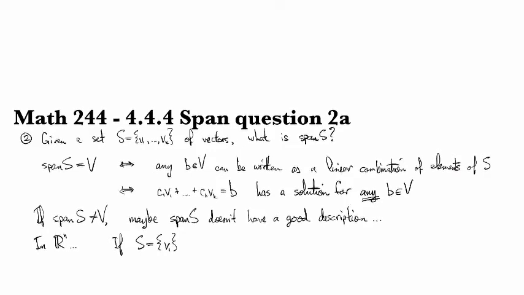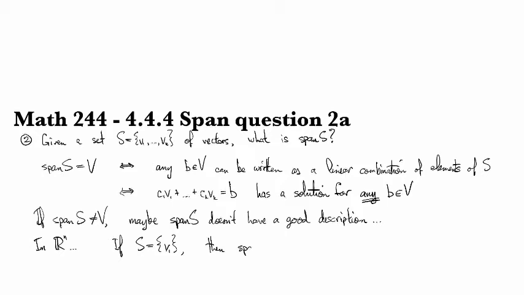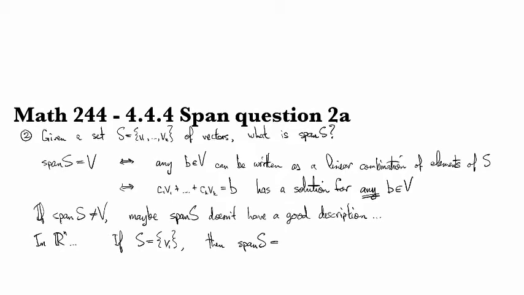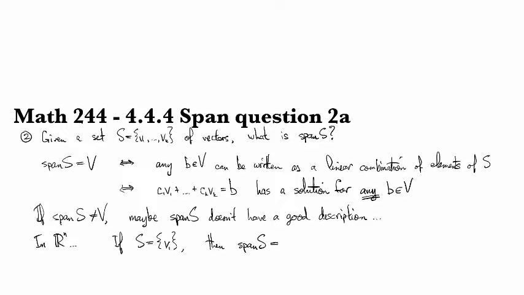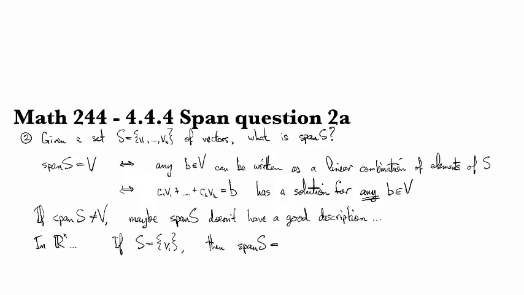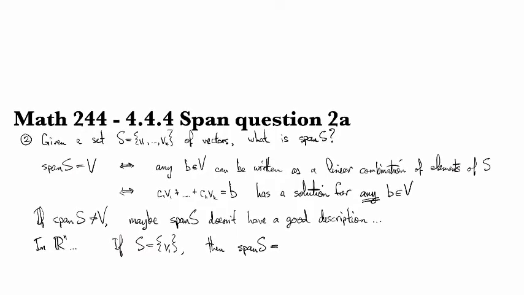So if S is just a single vector, then the span of S, well, all linear combinations of a single element amounts to the same thing as all scalar multiples of just one thing, because 1V plus 2V is the same thing as 3V, which is just like scalar multiplying the original V by 3, right? So then span S